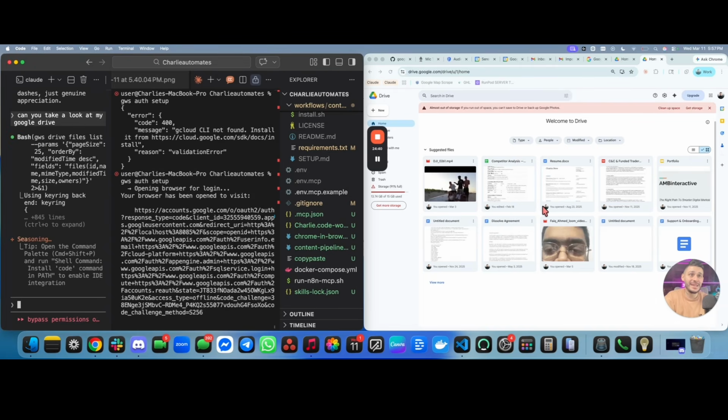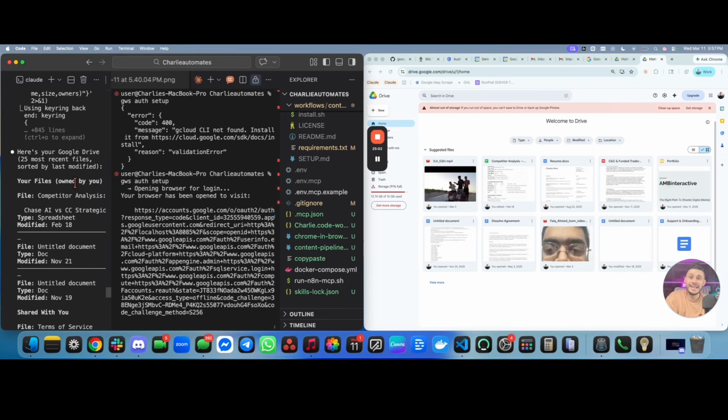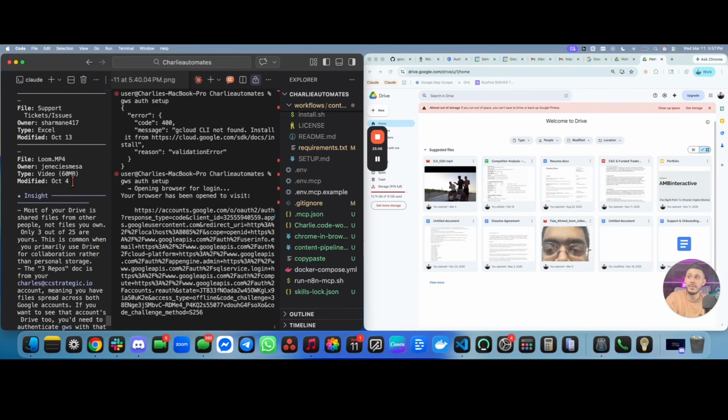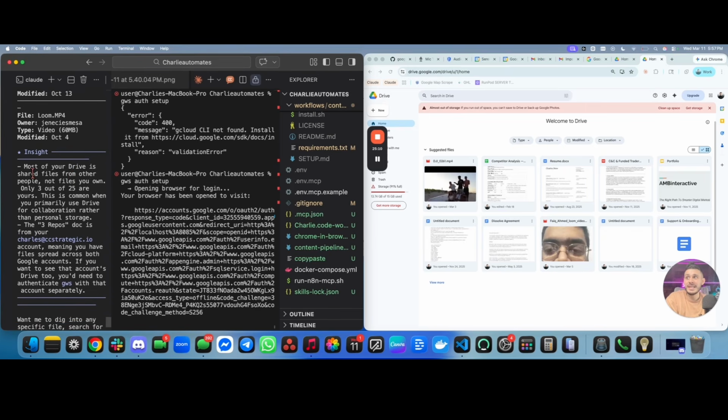But anything that's important, if I had my other drive open with my company docs, my login sheets, whatever, I could ask it to reference any document or sheet and get that data for me. So let's just see what it comes out to say, because there was a lot of trash in here. In this case, it knew that there was a lot of clutter, so it only showed me the 25